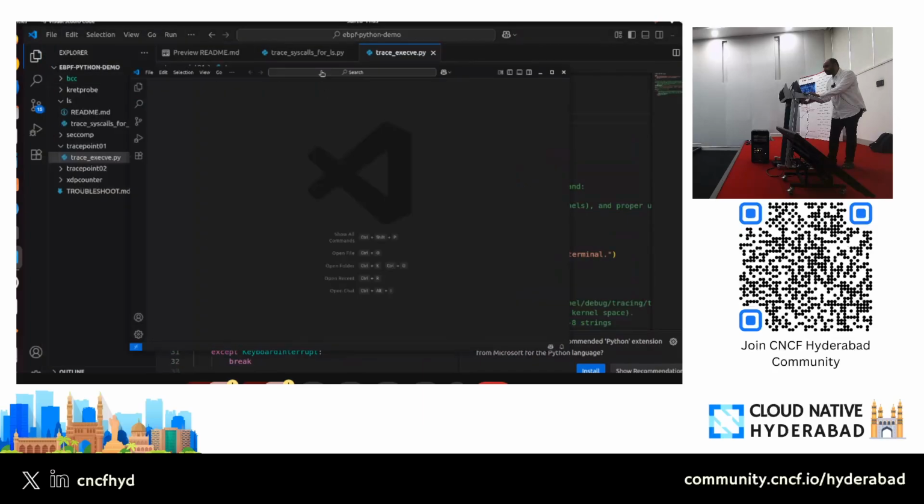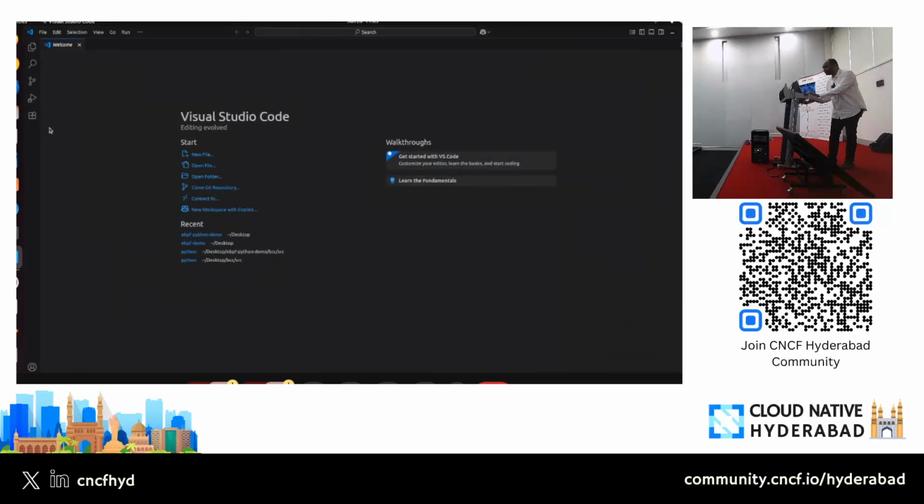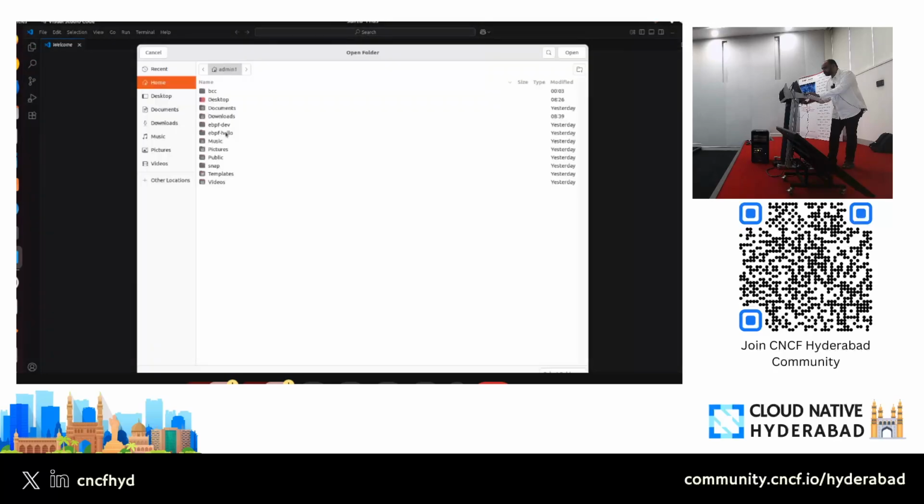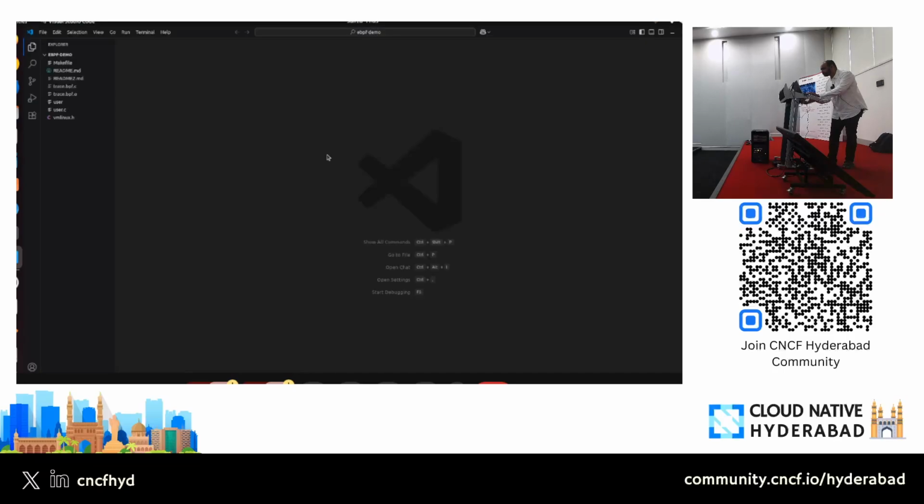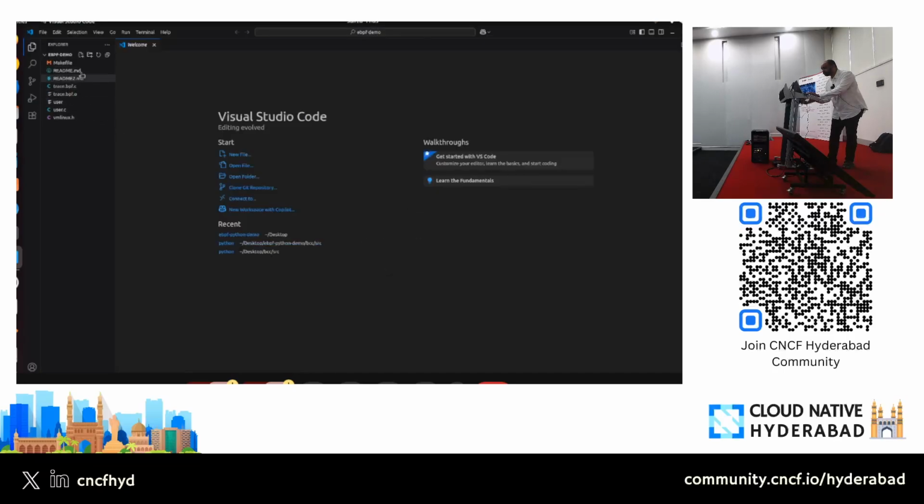I'll give a very quick glimpse of how it looks in C, and then we'll wrap it up. I won't run that, but I'll just show you. This is how you write in the C programming language.